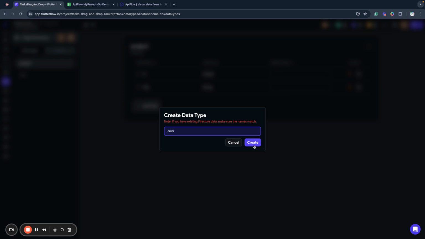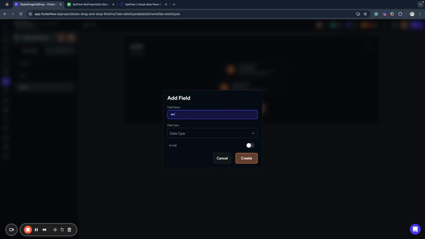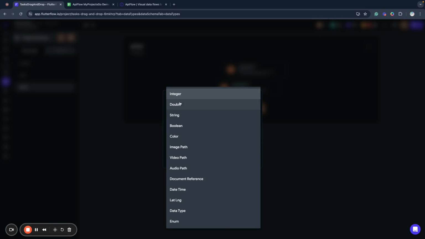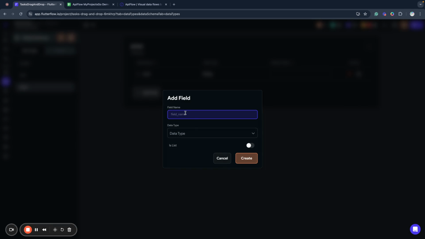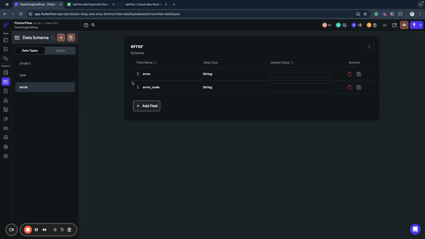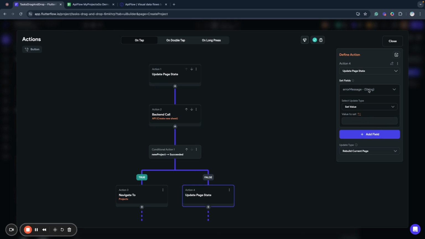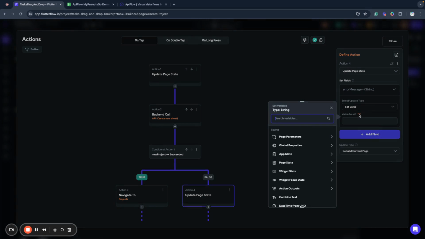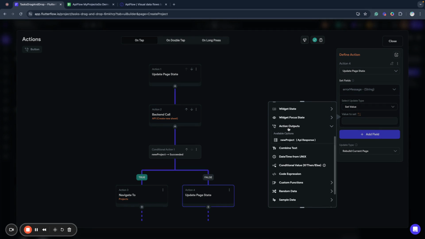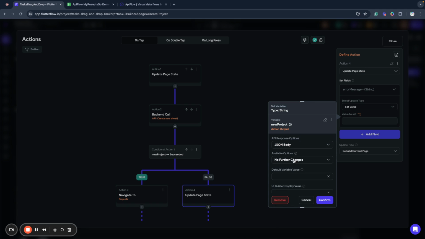I prefer to work with data types, so let's create a new data type to parse our error. I want to have two fields, error and error code. So I have error and error code, and I have the error data type. And now I go back to my action. Now when I set the value, I want to get action output, new project, JSON body, to data type, error,